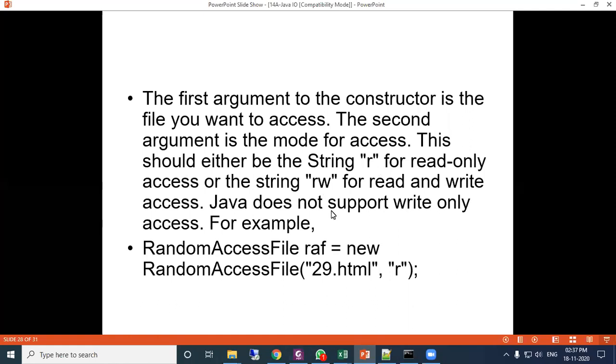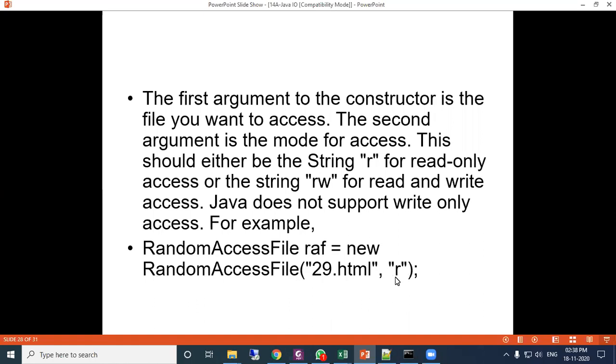Okay. So here you see one example: RandomAccessFile raf = new RandomAccessFile, with parentheses, this is a single line. RandomAccessFile raf, that is a RandomAccessFile object, equal to new RandomAccessFile. This is your class name, and there are two parameters.